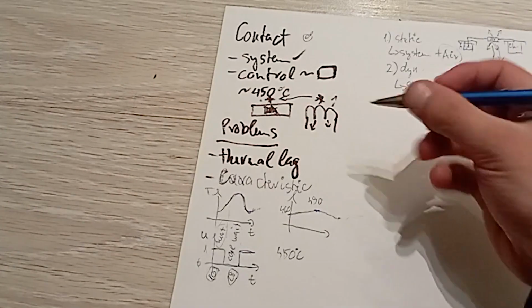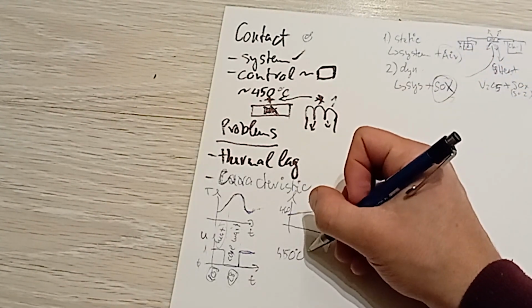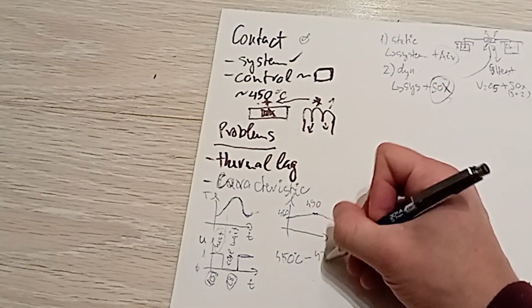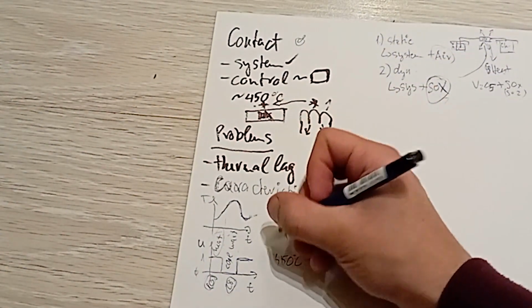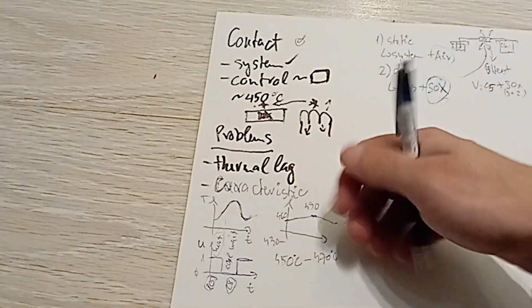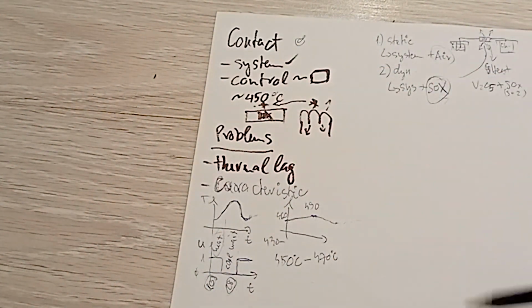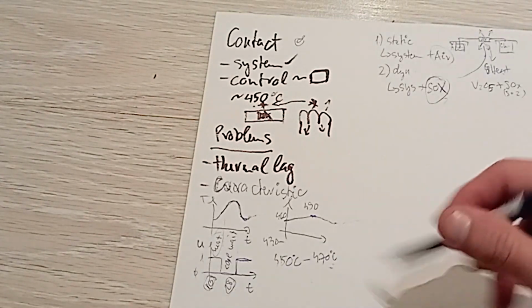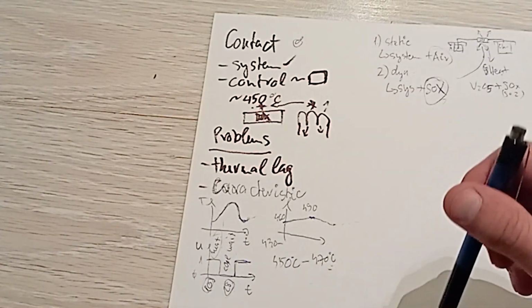And we want to maintain this 450 to 470 degrees, or maybe even we can go down to 430. So for this 40 or 30 degree range, we want to maintain this,